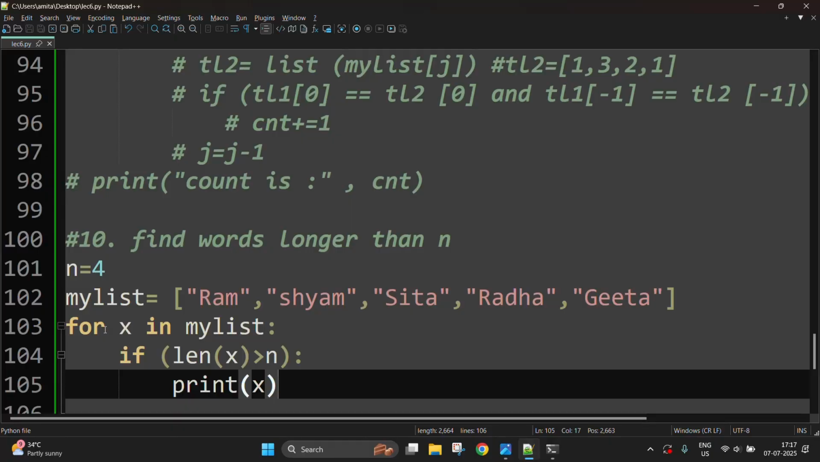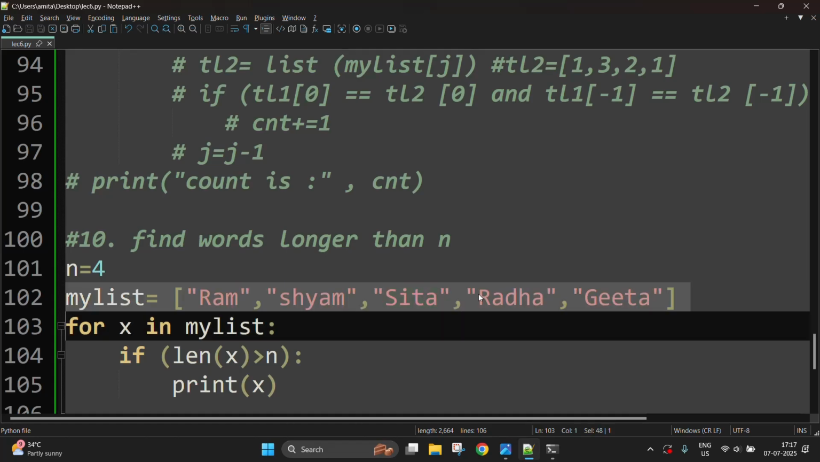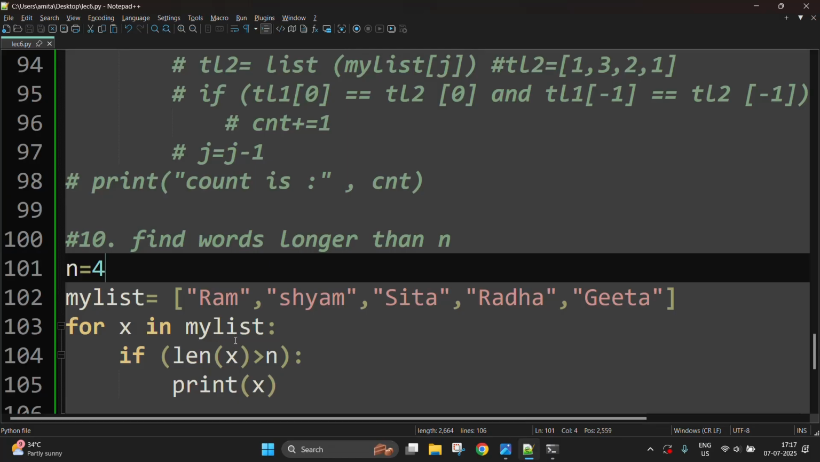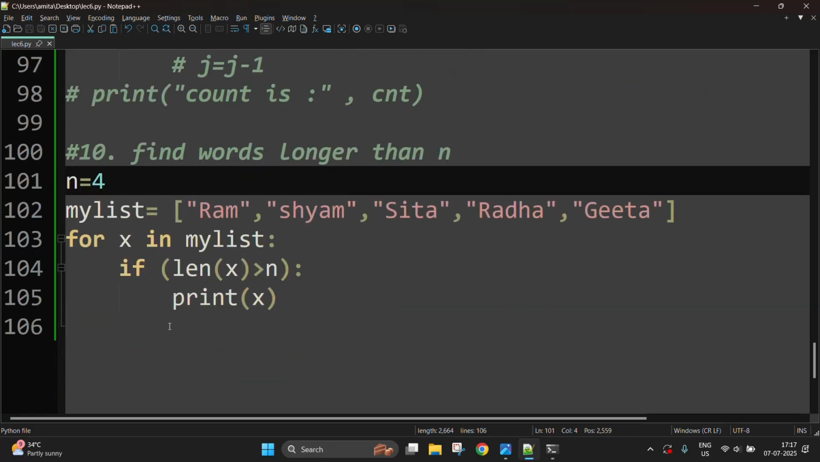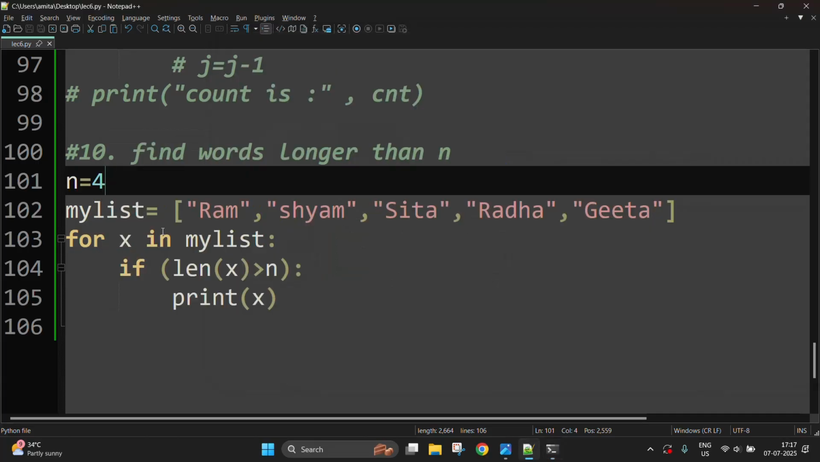How this program looks like: for X in my list, the for loop will take one element at a time, like Ram, Shyam, Sita, Radha, Geeta and so on, and then it will calculate the length. Ram will have length as 3, Shyam will have 5, Sita will 4 and so on. Then it will compare it with the value of n which you have given, and then accordingly it will print that. If we want these three names to be printed in a list, then what can we do is